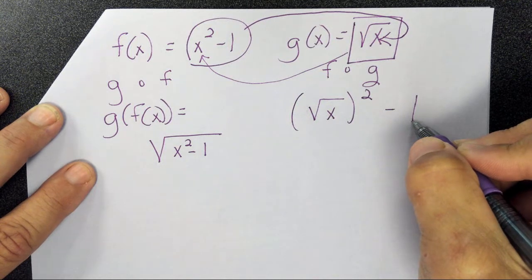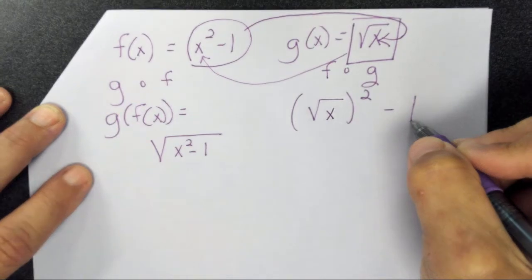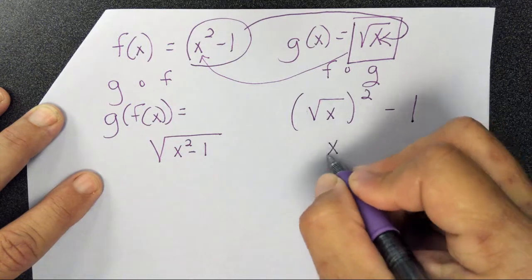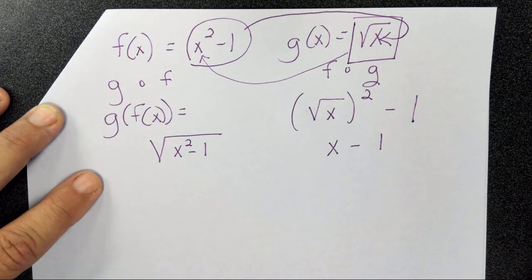Well, they don't always simplify them, but I think it makes it easier for y'all if y'all actually simplify them. What is the square root of X squared? X minus 1. And here's why I say that. Because what does it follow right after the instructions? Let F of X be blank and G of X be blank, and then what does it say? Find the